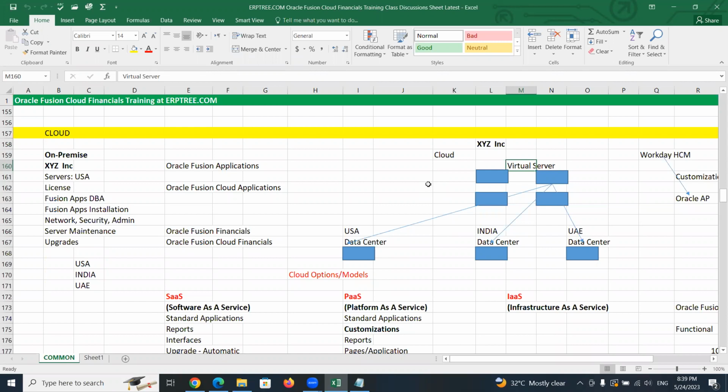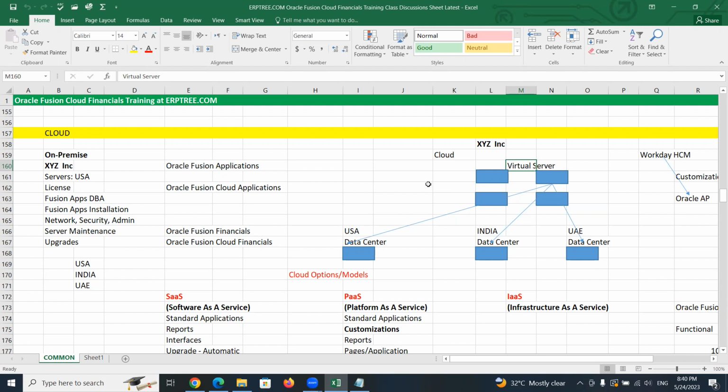So that's how Oracle keeps the servers available with the help of the nearest data centers available for your organization. That's how server access became very, very easy without buying the server infrastructure. You can use Oracle virtual servers and use Fusion applications for your company, and the user experience will also be rich. If the server is somewhere, say in the US, and you are connecting to that server from India, it takes time to establish the connection and respond from the US to the India user.